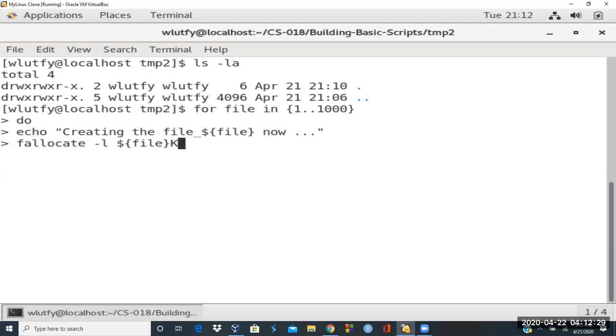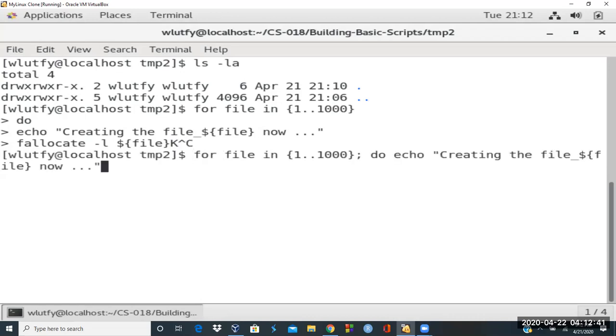That even 1 kilobyte is 1000 is going to be a gig file. That is big. So let me just stop this one. I'm going to change this one to 100. And then that way, creating this file now,